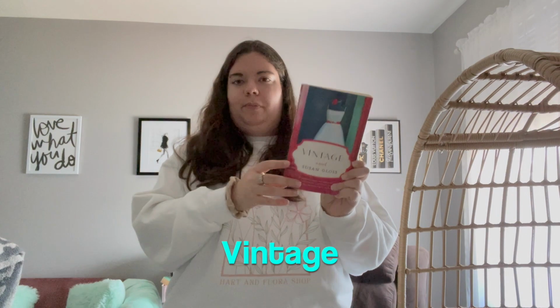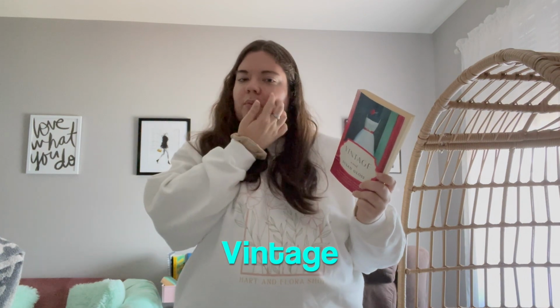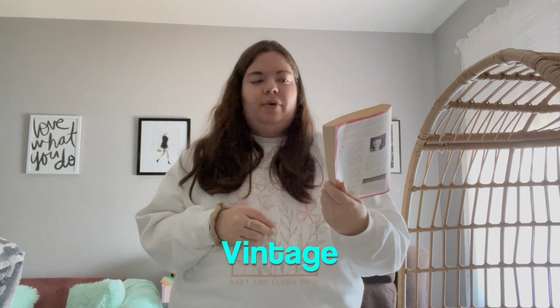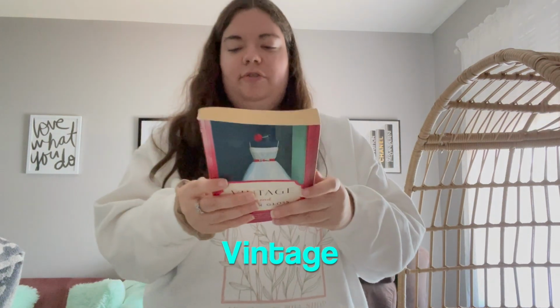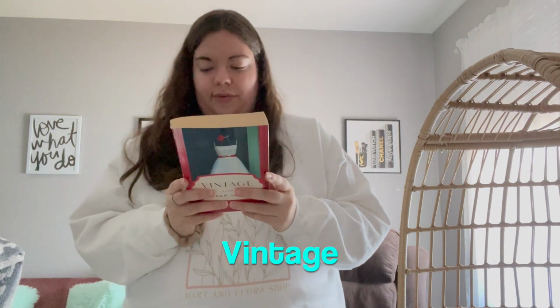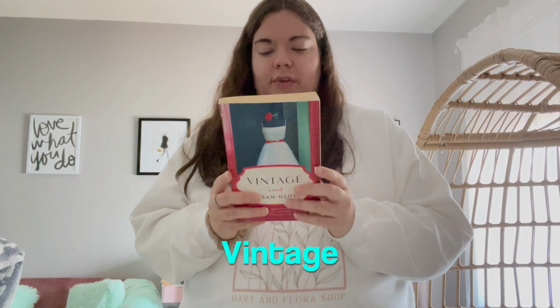I'm always drawn, like I said, to a cute cover, and this one's pink, and it has a wedding dress on it. And you guys know I already said I love books about weddings, with weddings as the theme. I just love girly books like this, and it's not too long. It's in pretty good condition. This one, like I said, I found a few weeks ago, and I just decided to take it because it sounded pretty good. I forgot what this is about because I haven't looked at it in a while, but